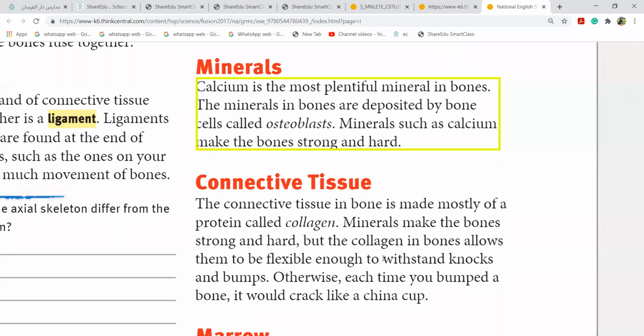If somebody hits you on the bone, because there is that soft protein called collagen, it would not crack so soon unless you hit it very hard. Like somebody throws you a small ball, your bone can withstand that. It will not break or crack immediately, right? Because of this collagen,